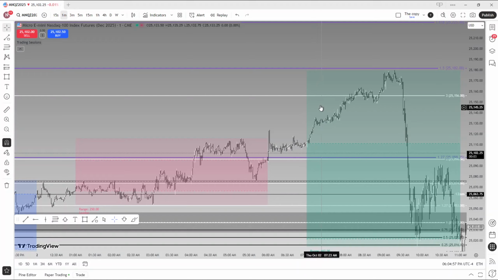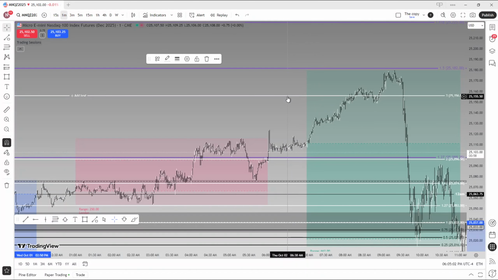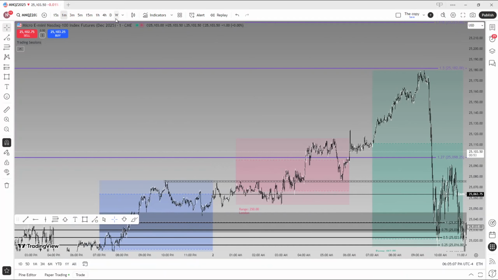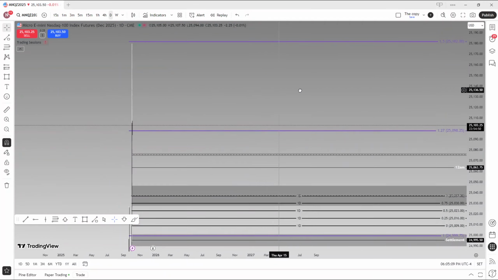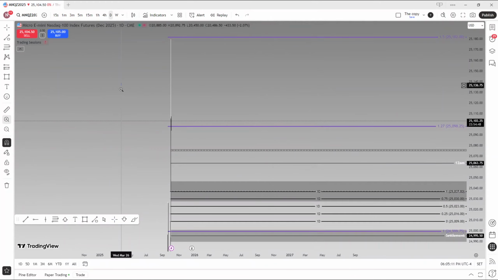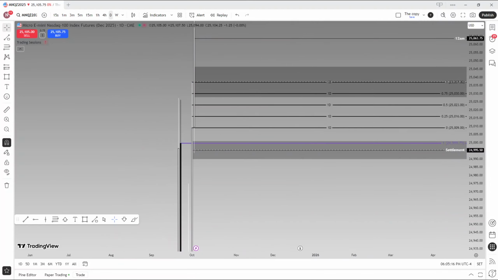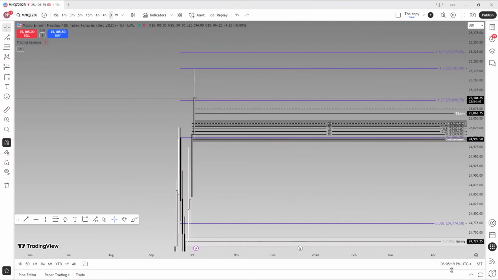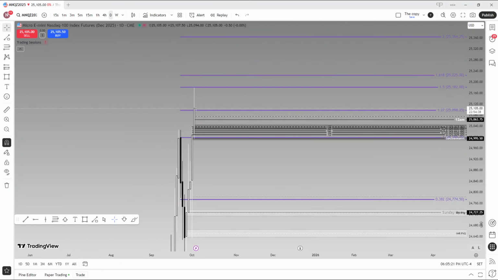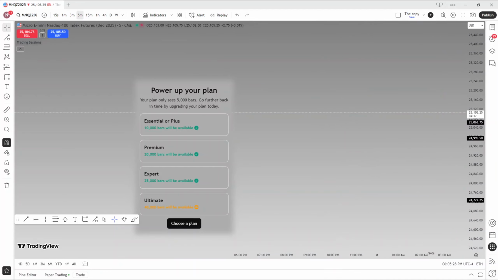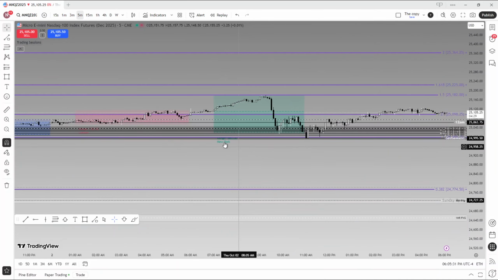If we scroll over, and I don't have them all marked out, and I won't mark them all out just to prove a point. But we see here, make sure that's adjusted correctly. Okay, yeah, we're all good. So I'll be going back to the 5 minute now, and we'll be looking at the opportunities we had for